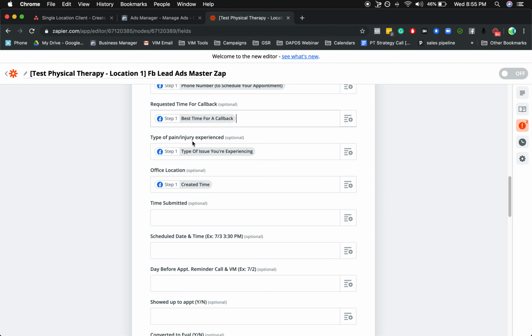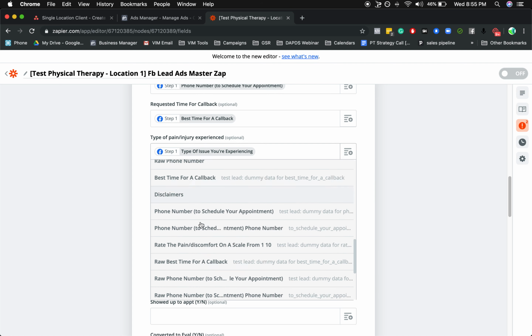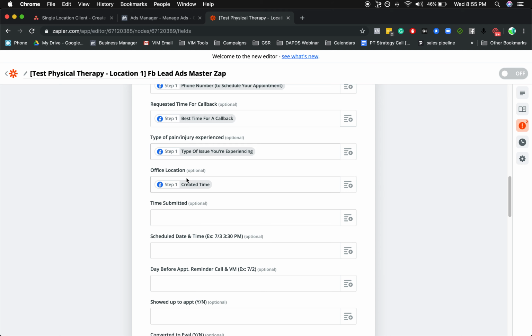Okay. And then under type of pain injury experience, you'll click on the box, go to new lead, and scroll down to the section that says type of issue you're experiencing. And then under office location, you want to get rid of this. This should not be in here. What you're going to do is just hard code in the name of the location